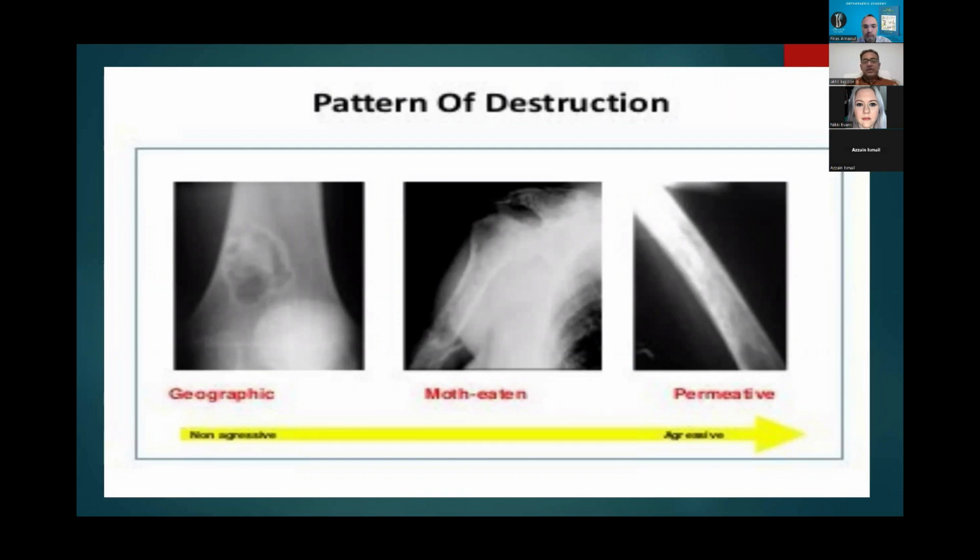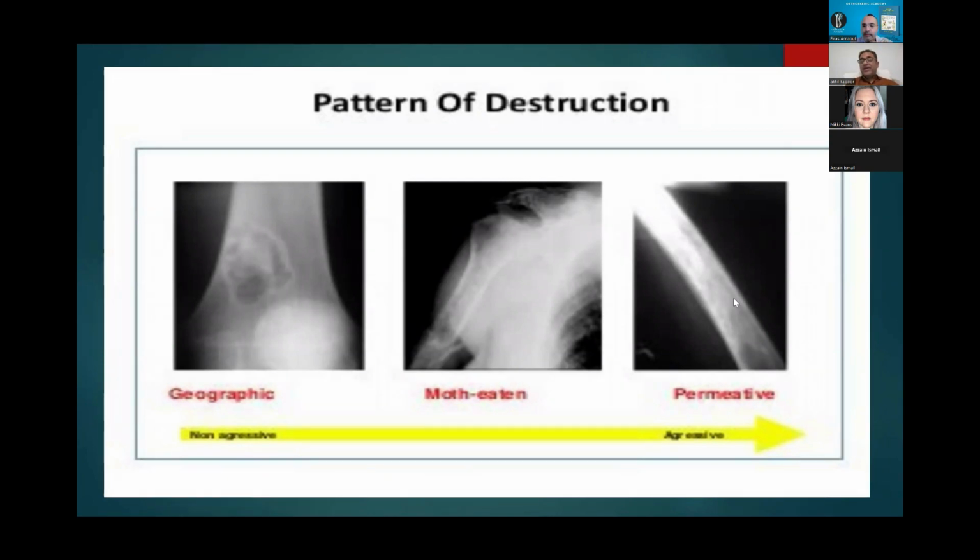And we need to see, to be able to decide whether this is a benign or a malignant lesion. So first is the pattern of destruction. Whether this is a geographic or a very localized lesion, as in the first picture, or the lesion is more extensive and eroding the bone over a very long zone in the bone, and that is called moth-eaten, or it is permeative and there are no boundaries and it's just eroding everything and there is no